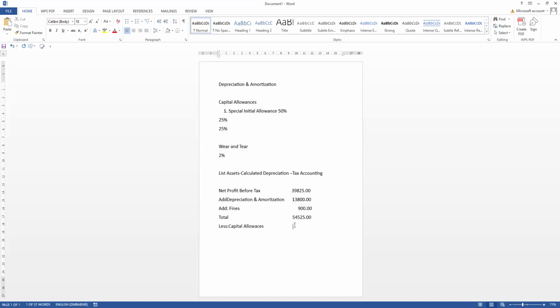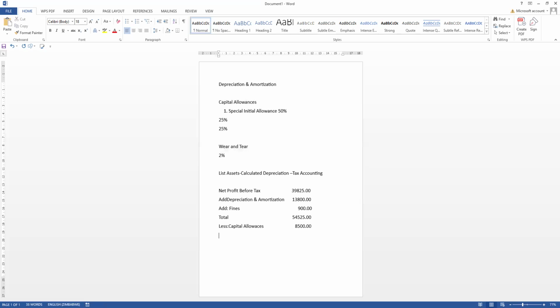That is the figure which I'm going to put there. Let's say after doing my computations, I got 8,500 for capital allowances. Then it means I'm going to say now 54,525 minus 8,500, which means my